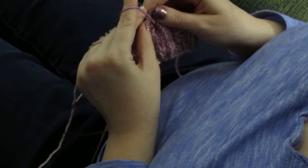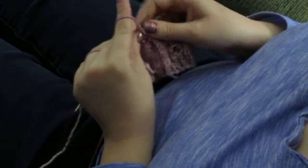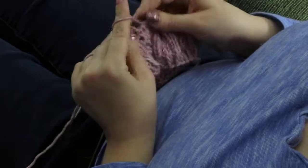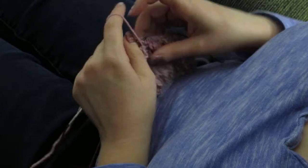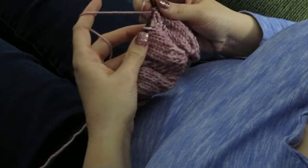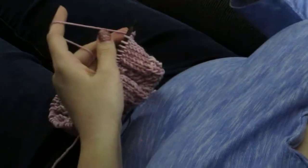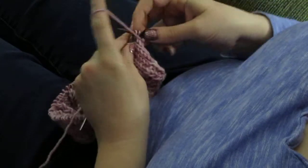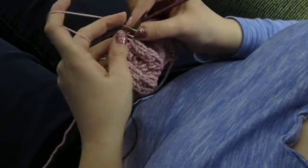Now I find cabling without a needle to be easier, so I'm going to show you how that works in just a minute. Also, I'll demonstrate real quick and then pull it back out. It's exactly the same thing when your cables are moving in front, moving to the right. So if it says move 3 stitches to the cable needle and let hang in back, you're just going to let it do the same thing, and then you're going to knit these stitches